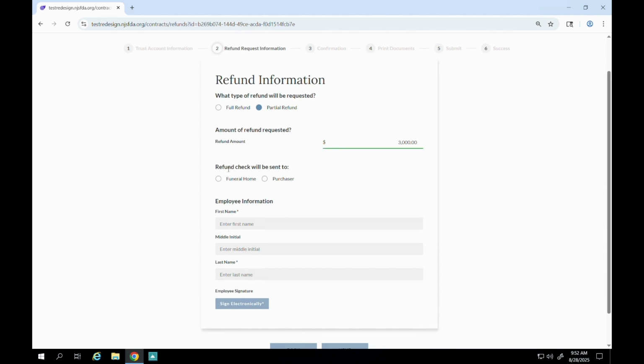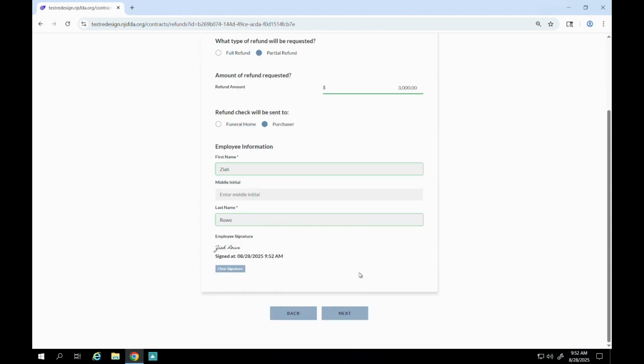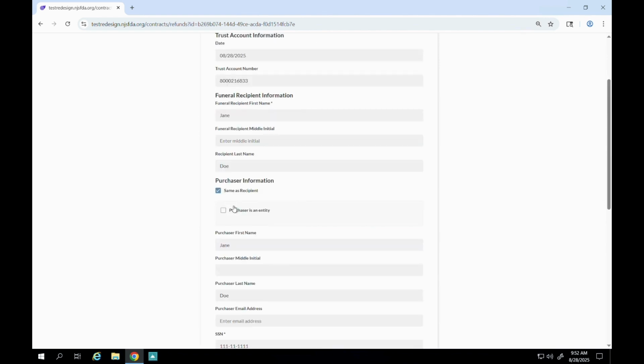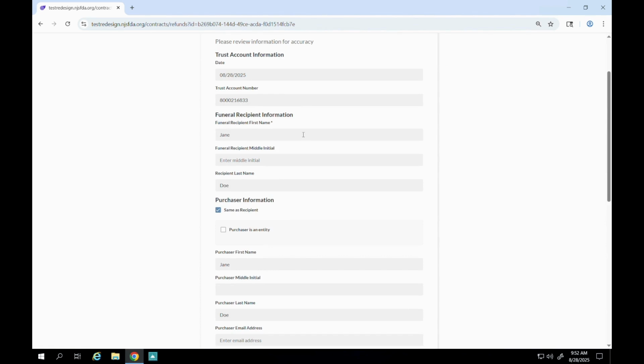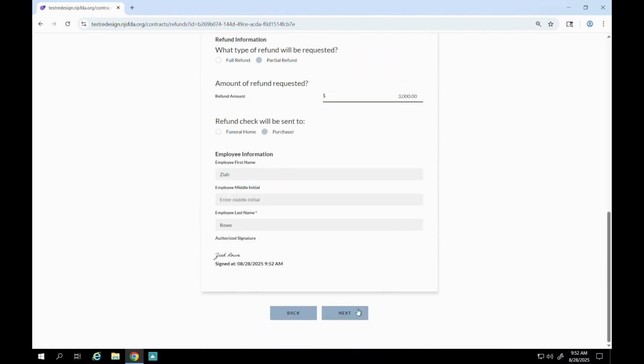Then you will check off who the refund check will be sent to, the funeral home or the purchaser. You'll select one box, and then you will enter your first and last name and provide your signature. Then select Next. Here will take you to the review page where you confirm everything is correct, and select Next,